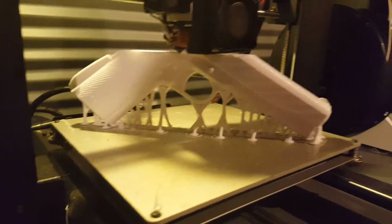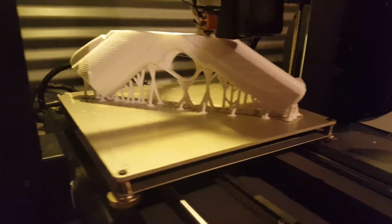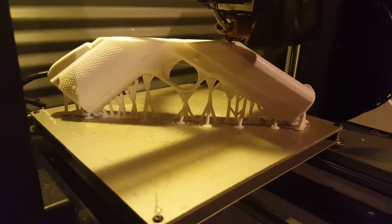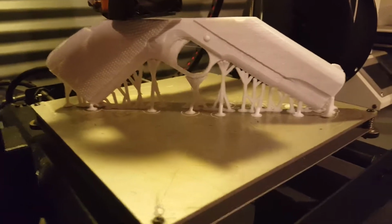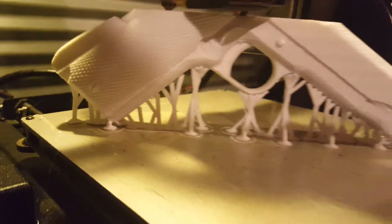This is without a doubt one of the coolest things I have 3D printed. It's the M1911. I did not design this, but whoever did a freaking sweet job, even way down to the screw down there on the